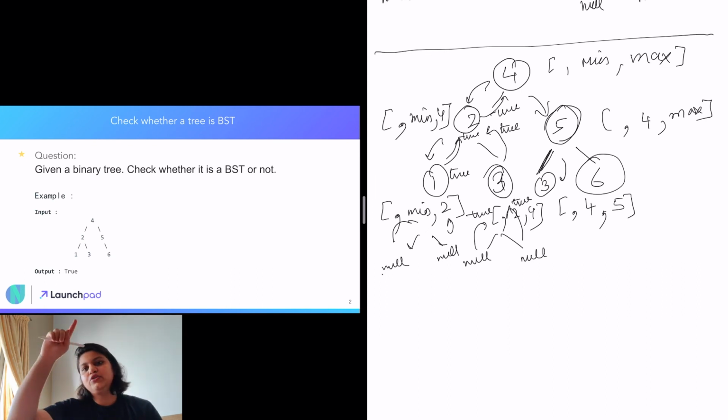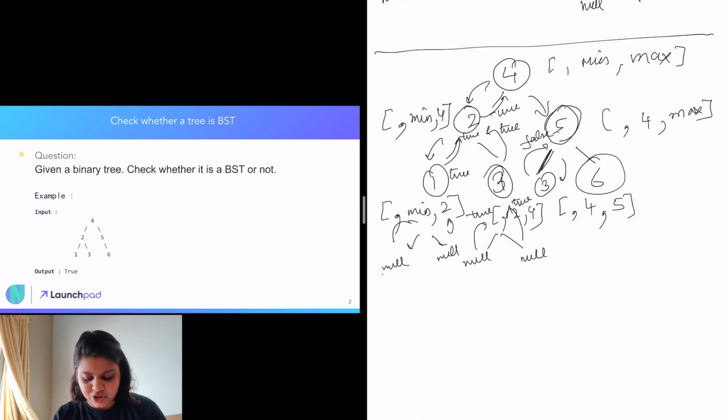So to its immediate parent, it is following the binary search tree. But if you remember the full path, it came from 4's right child, right? So 4's right child means every value in that particular subtree has to be greater than 4, which it is not. So this will return false immediately. And since this has returned false, we are not going to check the right subtree. We are immediately going to return false, and our code will return false, and this means this is not a binary search tree. So this is the whole approach and the solution to the binary search tree.